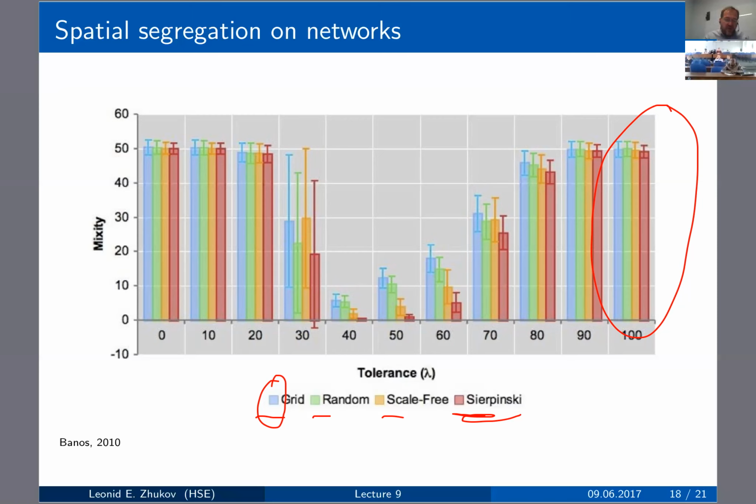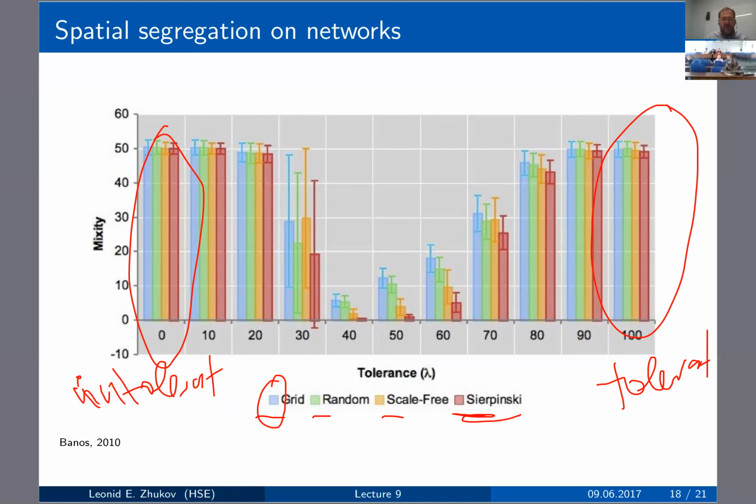Now, when we are right here, this is very tolerant. On the left side, we have a completely intolerant society, where everybody doesn't want to be next to anybody except people like that person, but because there's not enough space to move, it's again mixed. There is just no way out. And so in some sense, this is a very positive society, right? And this is actually quite a negative society.